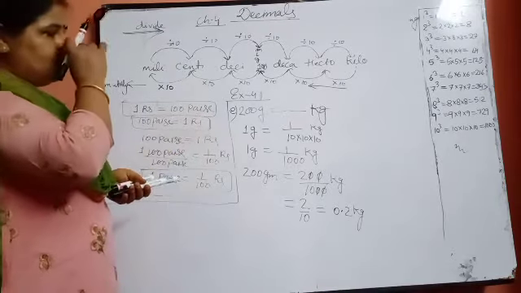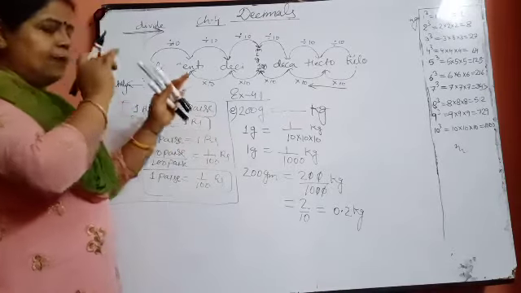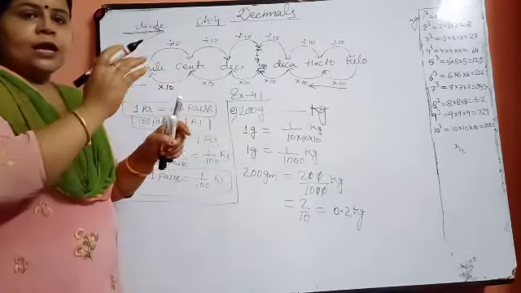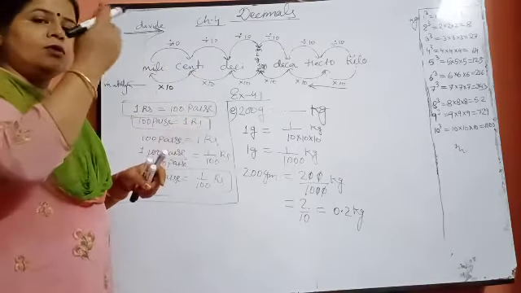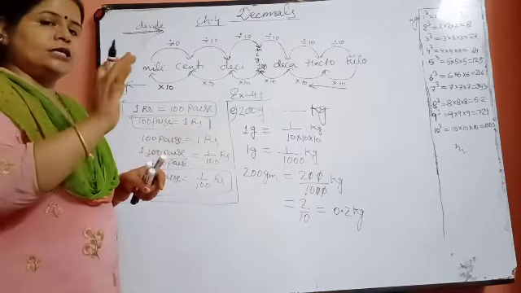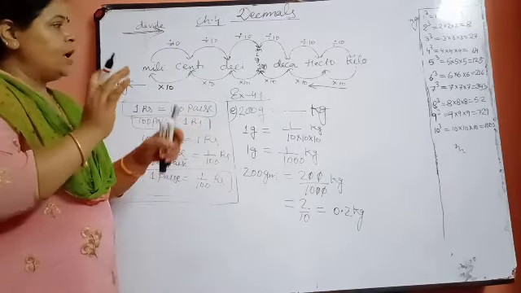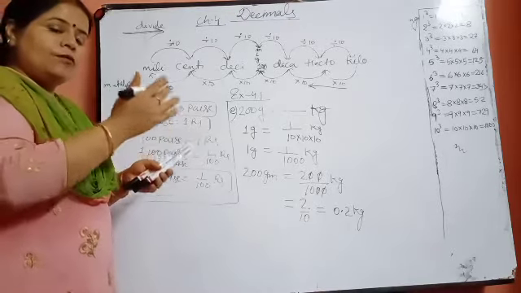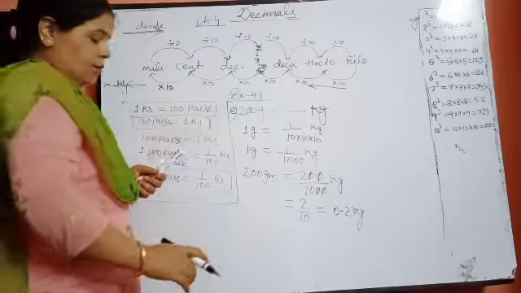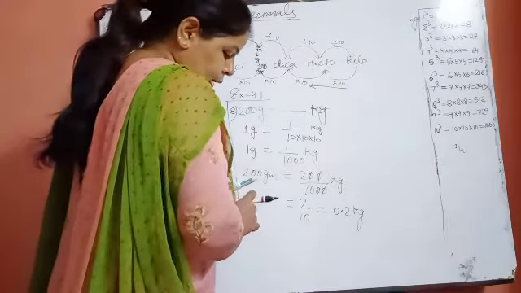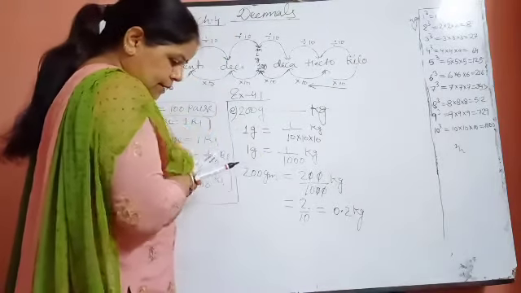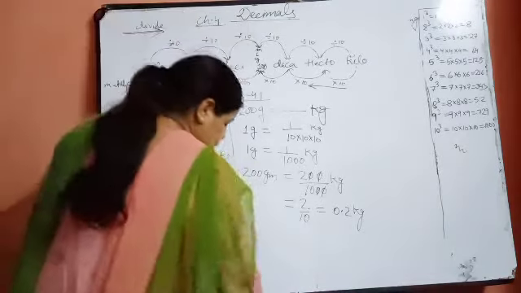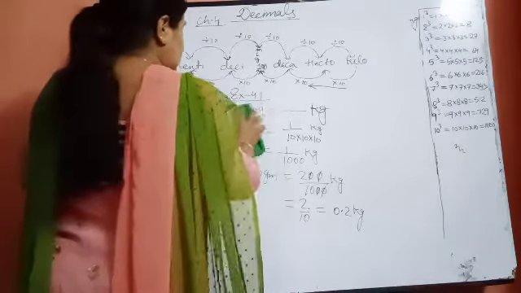Okay, but only one thing is that the table should be very clear to you, and you should know from where to where. Smaller to greater, in each step it will be divided by 10. From greater to smaller, each step it will be multiplied by 10. One more question I am going to do, and that is 6 kilogram and 6 gram. See that, 6 kilogram and 6 gram.